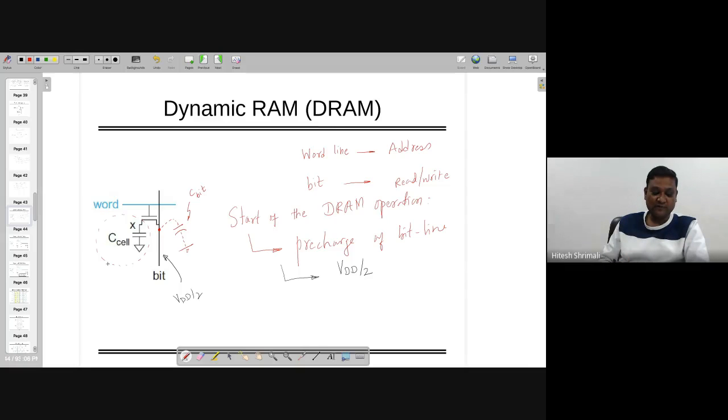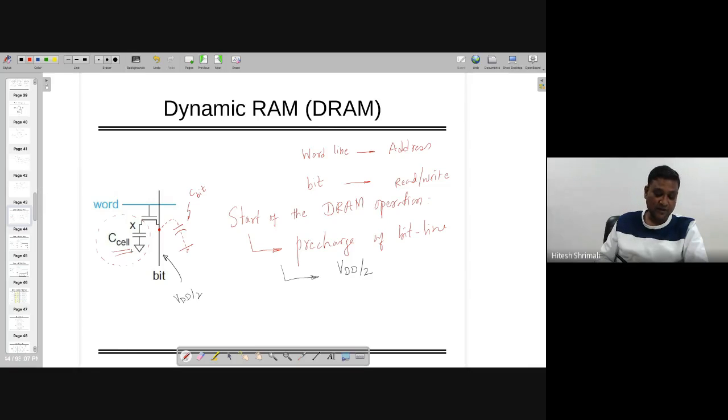As it has only one capacitor, and unlike the SRAM which had 6 transistors, or maybe 8 or 10 or 12 transistors for different purposes, we are going to have only one capacitor and one more transistor. This is going to act as a transistor which is going to make sure that it writes the value at a particular address, right? So let's assume that when some data is written over here in the C cell,